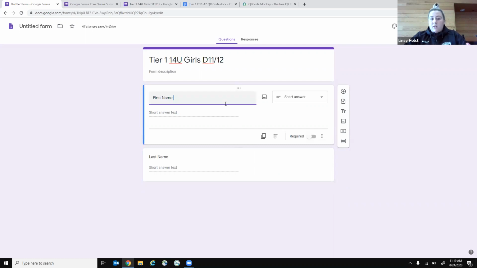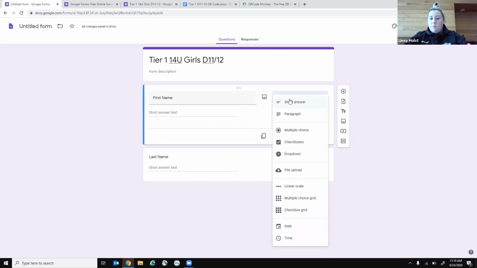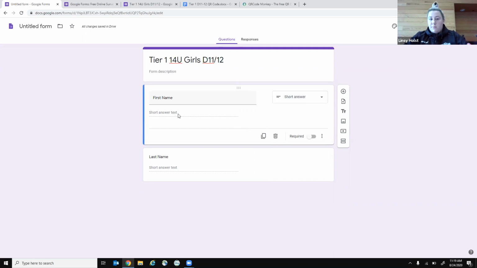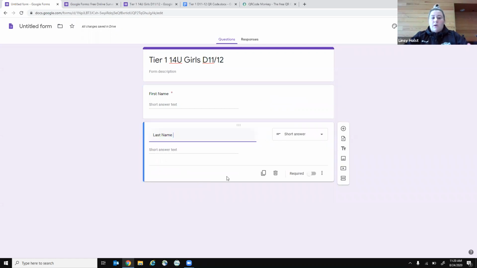So in order, I just clicked back up. One of the things I want to show is it gives you the option to change the amount of information you're going to gather. A short answer gives people enough space on the form to type in their name. And you also want to make sure that you hit the required button. That makes it so the forms cannot be submitted without gathering data or information in that box. So I like to do that on all the questions because then you know you're getting all the information. Forms aren't being submitted with anything missing. Again, first name, last name,